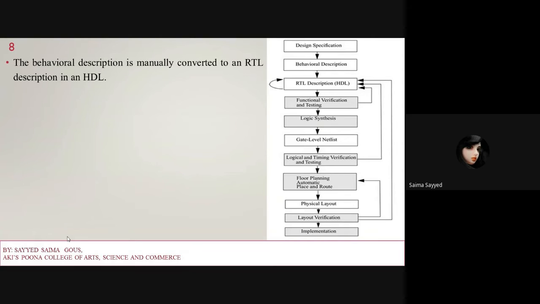Next, the behavioral description is manually converted to an RTL description in an HDL. The behavioral description is manually converted into RTL, register transfer level, to describe it in terms of logic gates.